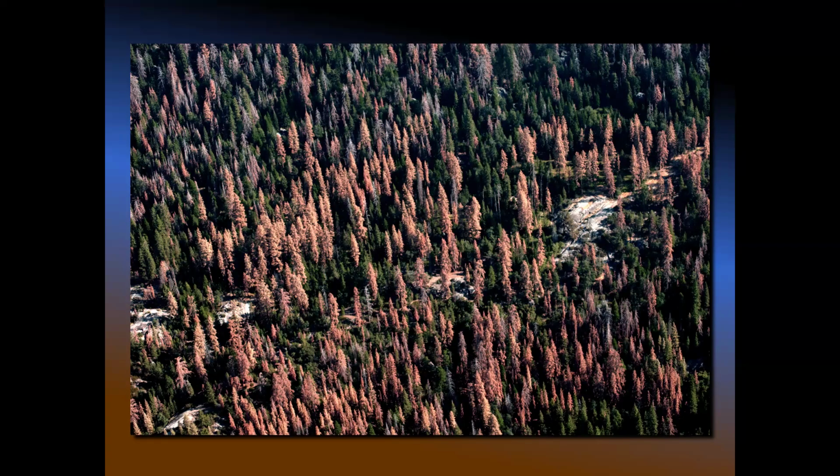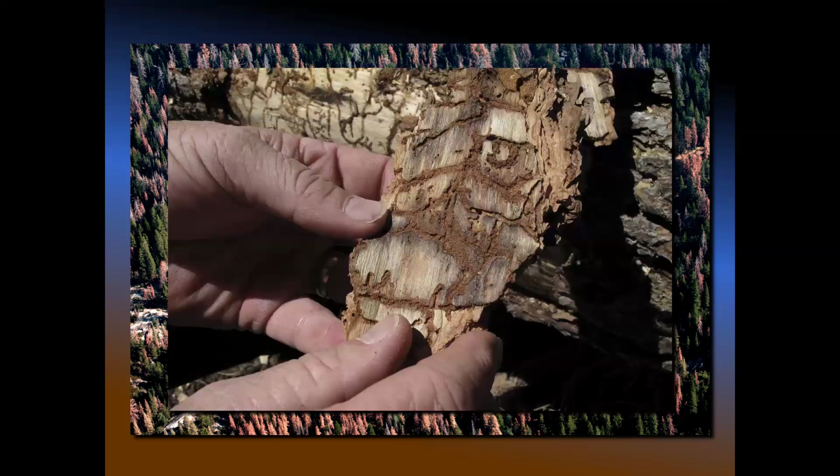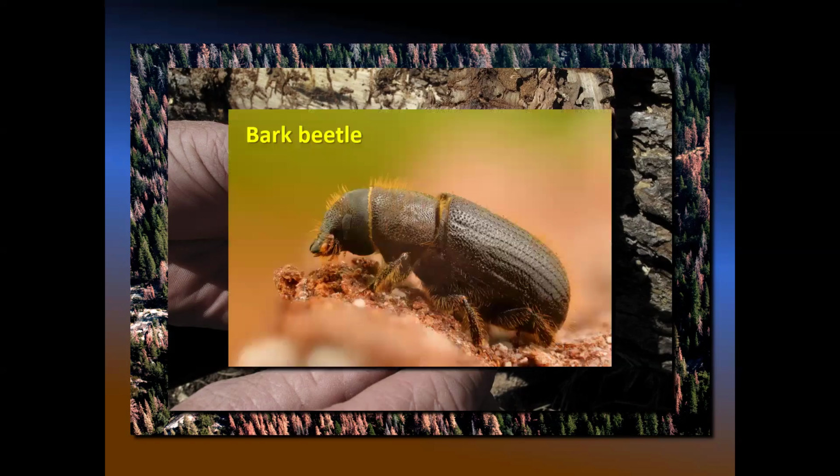Probably, if you've gone driving through our local mountains, you've seen any number of essentially dead conifers and pine trees, and that's because even though they can get by with limited amounts of water, they aren't getting enough. And so they're weakened, and in their weakened state, either they die from lack of water or they die because they're impacted by pests, in this case, the bark beetle, that will come in and take advantage of the tree's weakened state and start consuming the bark, which further impacts the trees.